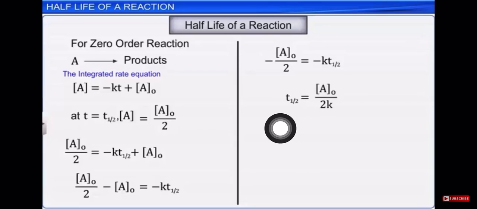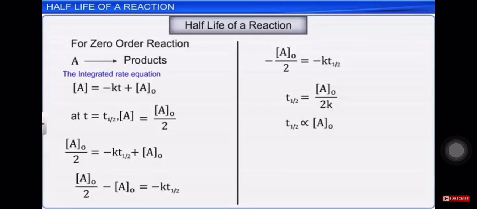So now, this half life is depending on what? Initial concentration and k, right? A0 is nothing but the initial concentration. So here we can say that T half is proportional to initial concentration, right? So it is but obvious. If concentration is more initially, then to calculate its half time period it will be taking more time, right? If it is less, then it will be taking less time, right?